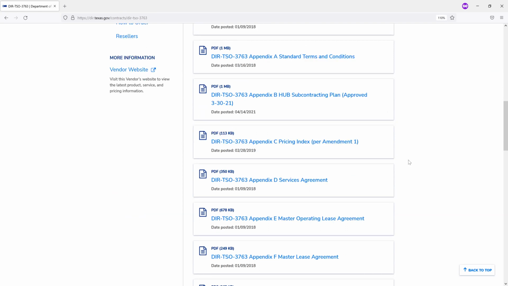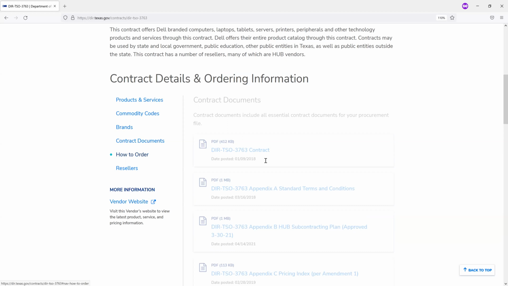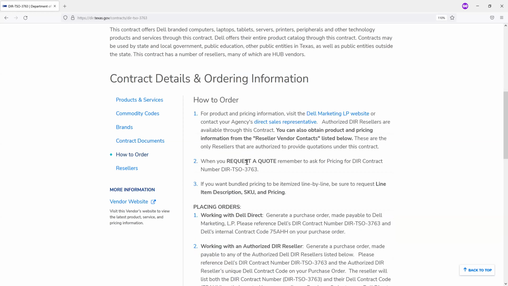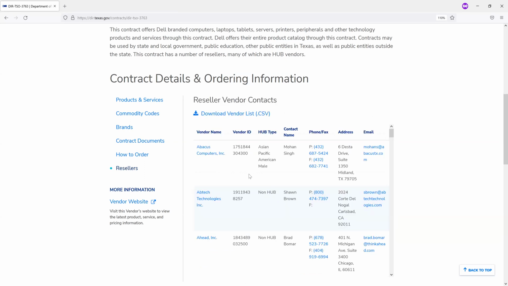of topics here. How to order, that's unique to every contract, but it is involved with contacting their sales rep or their vendor contract manager. And then resellers, and this may be the question, resellers is how you'll be able to see all the different resellers on a particular contract.